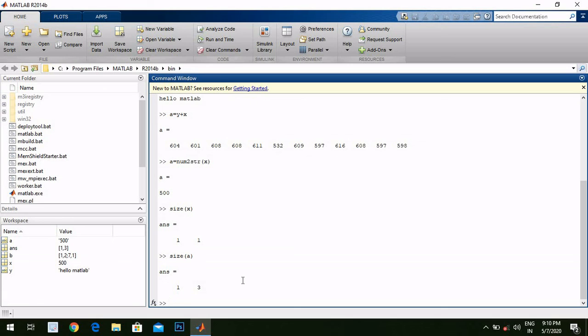So I hope you are getting that these two are different: the string is different, and the variable or numbers are different inside of our MATLAB. Whenever we are going to deal with numbers and strings, we need to convert the number into a string first of all, with the use of num2str. So I hope you are getting the point that strings and numbers work differently inside of our MATLAB. Okay, let's conclude this lecture over here, and I hope you are practicing well with your MATLAB and taking different examples, trying new things inside of MATLAB. The more you explore, the more you learn. Okay, thank you.